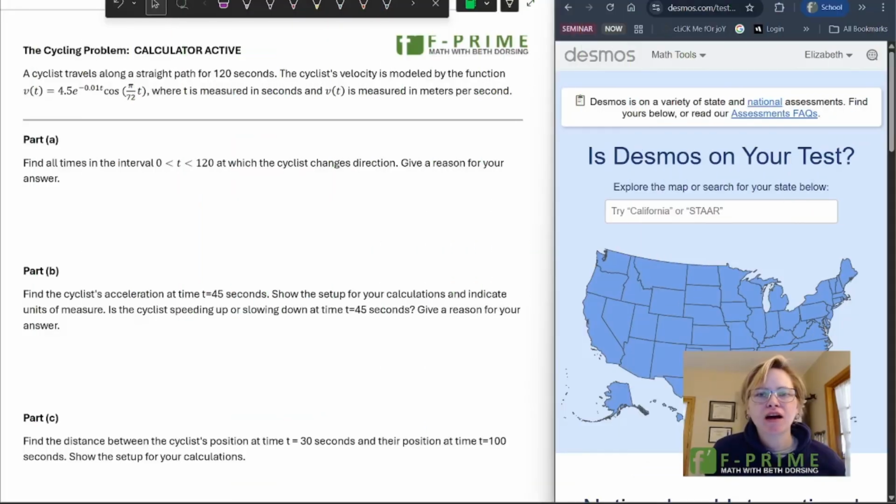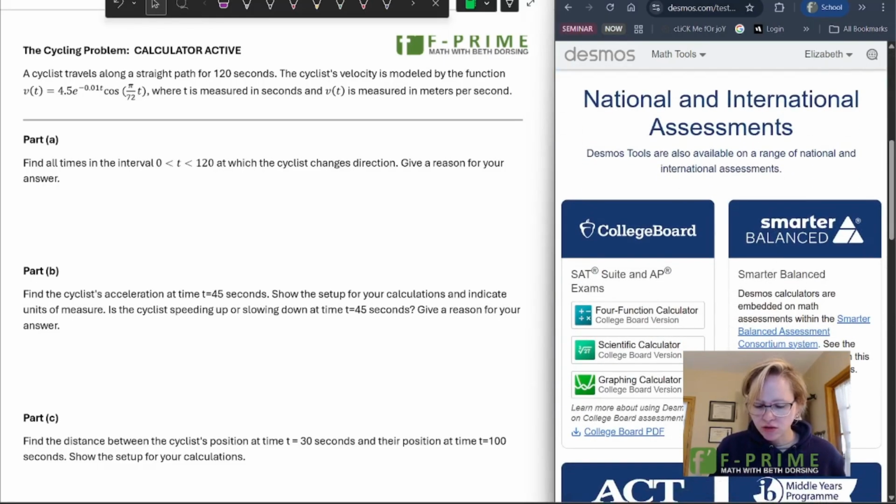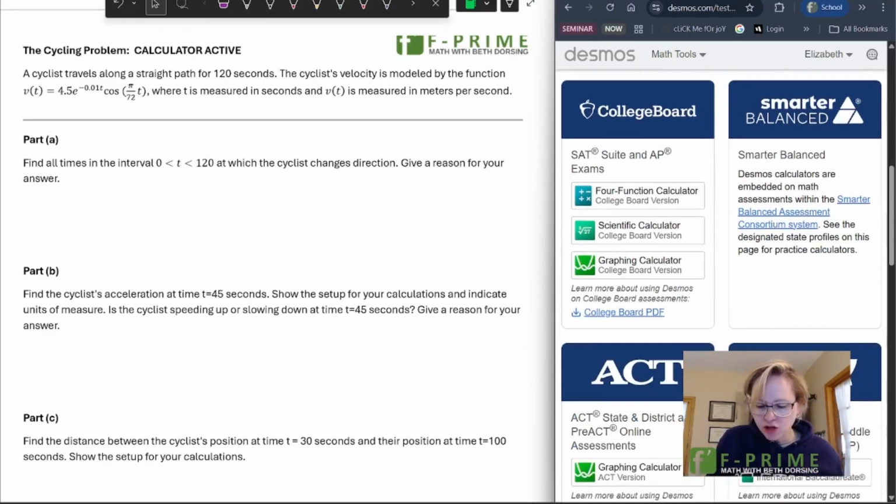Now, before we get going on this problem, we need to make sure we have Desmos open, and the best way to ensure that you're using a version of Desmos most like what you're going to see on your exam, is to go to desmos.com/testing, or just Google testing Desmos and look for this page that starts with the United States. And if you scroll down, you'll see that Desmos is built into a lot of high-stakes testing. And so you're going to look for the College Board, and you're going to click on the graphing calculator